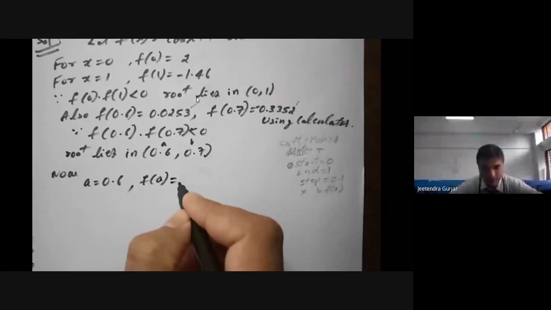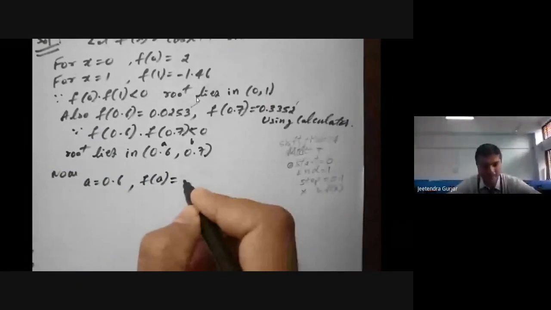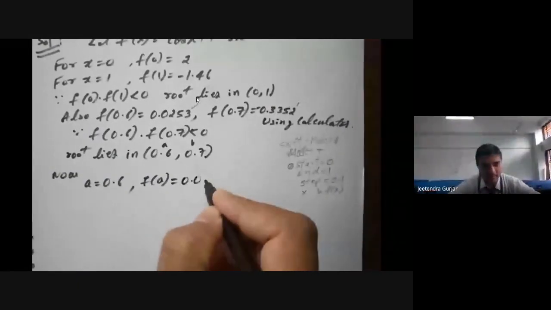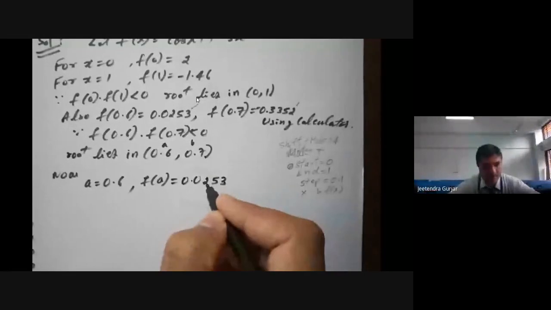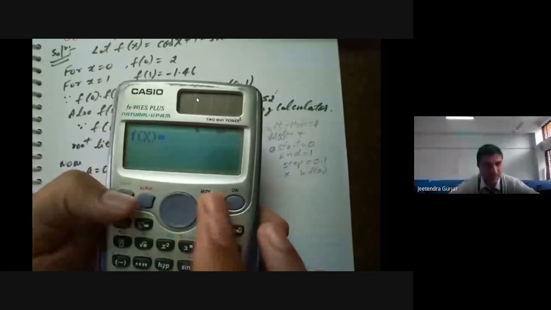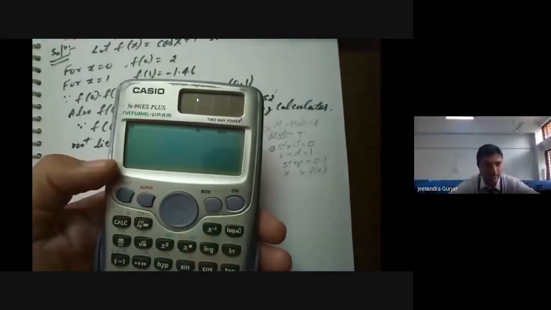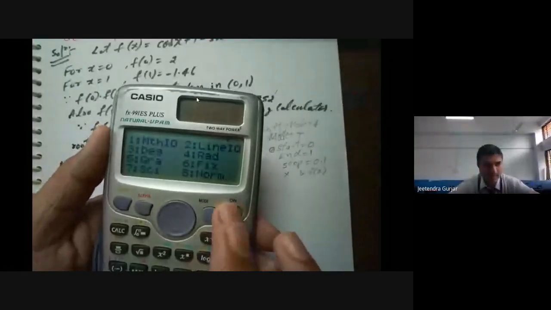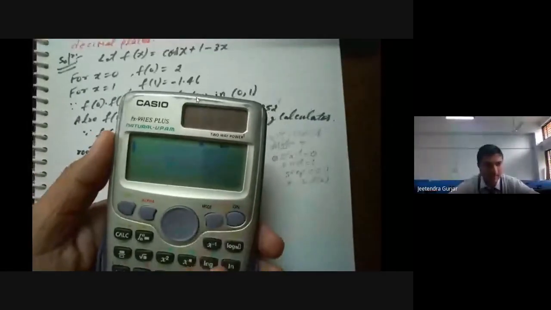Yes. You got the correct answer. No need to calculate it. Already I have given, you can see, f of 0.6 is 0.0253. Already it is there, so I will take it directly. And also B is 0.7. So use this A and B. Let me show you once again how we take this as f of x. No need to write, but I will just show you. So first you have to take the equation. Fine. I will take the equation now here.